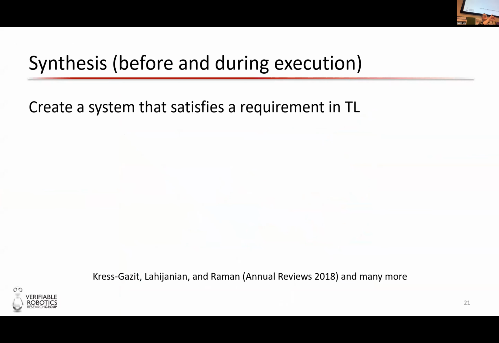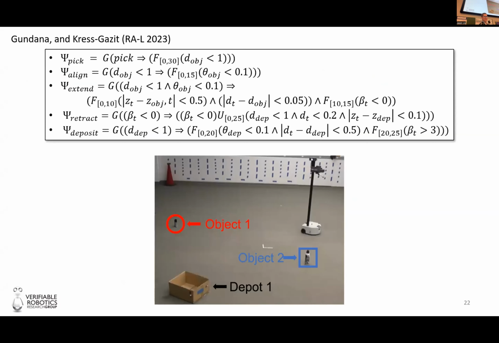So synthesis is the dual problem. Synthesis is: I have a temporal logic formula. Let me generate a system that's provably correct by construction, that will do what I want it to do. Or tell me you can't. That's the process of synthesis. That's the annual review paper I was talking about, for LTL. What we've been interested in lately is a priori synthesis, and also synthesis on the fly to repair if something changed. Just to give you a little bit of a feel,